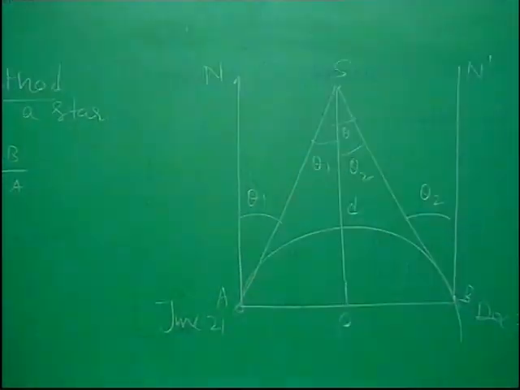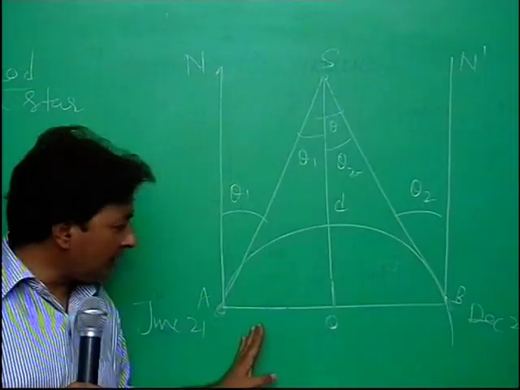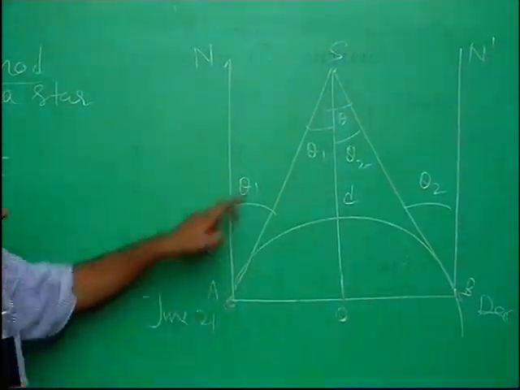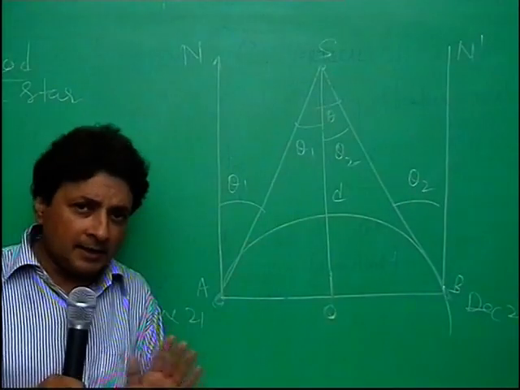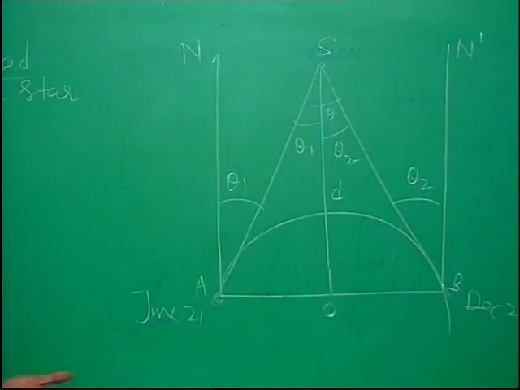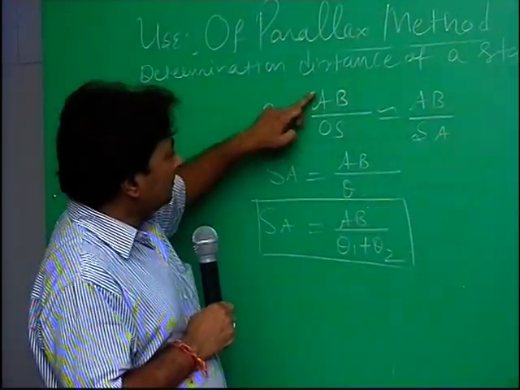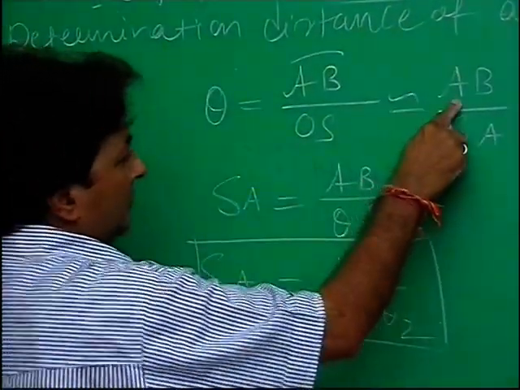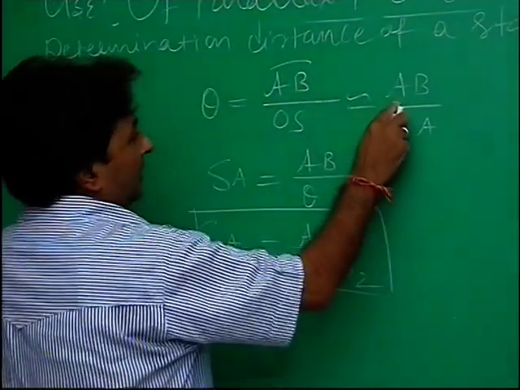There is one famous concept that angle is equal to arc upon radius. Here arc is AB and radius is SO or SA or SB. You may be surprised that SA, SO, SB, they are nearly equal. Basically we are doing a study of comparisons, so we can neglect their slight differences, as angle is equal to arc upon radius. AB is nothing but an arc of a circle whose radius is very large. That's why we can take it as a straight line.